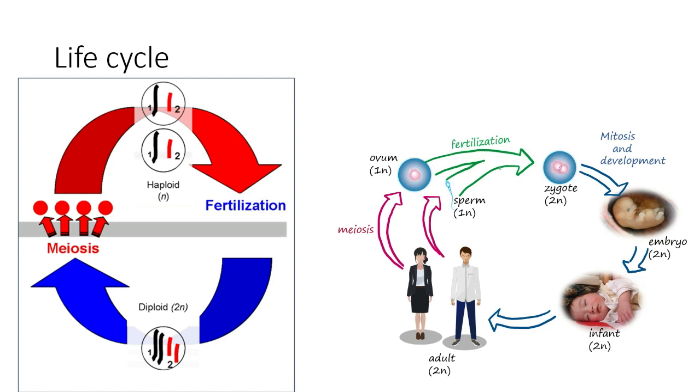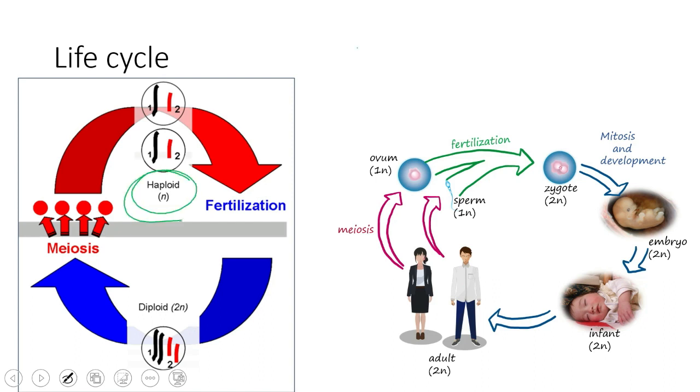In the human life cycle, meiosis sets us up for fertilization. Notice how the life cycle here is divided in half. We spend most of our time down here in the diploid phase, where we have two sets of chromosomes. Notice how there's two copies of chromosome 1, two copies of 2, and that goes all the way through all 23 pairs of chromosomes. But we do spend a very brief period of time as a haploid, and so let